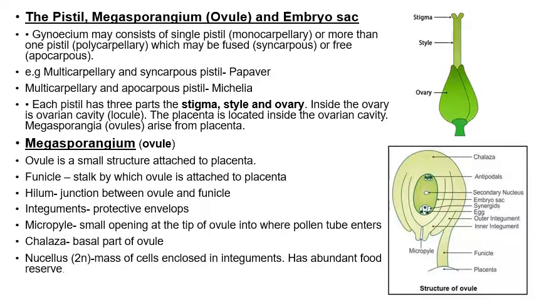And microspore formation. Here we'll discuss megasporangia and megaspore formation. As we know, the female reproductive part is called pistil and the sporangium is called megasporangium because it forms megaspore. Mega means large spore, because female spores are larger than male spores, so this is called megasporangium. The structure where these spores are formed is called ovule. Ovule after fertilization gets converted into seed, and the sac where embryogenesis occurs is called embryo sac.